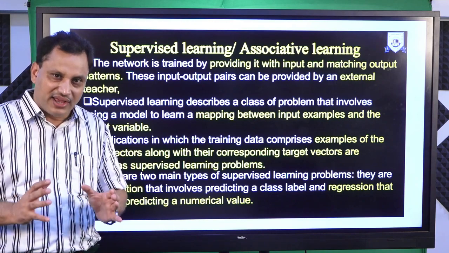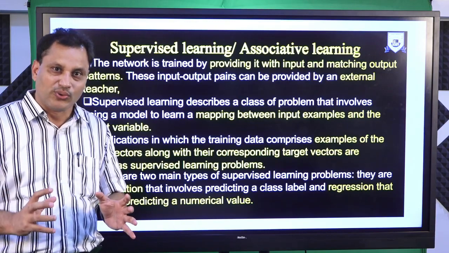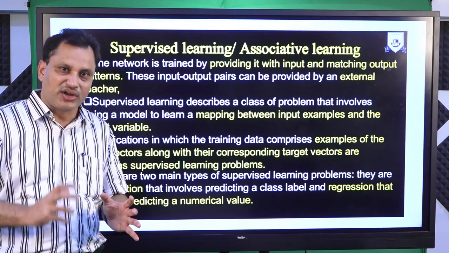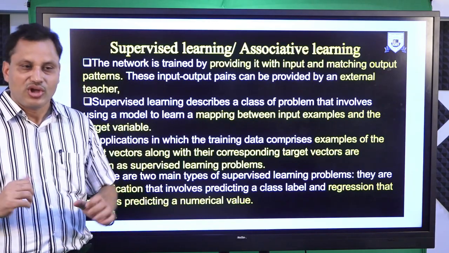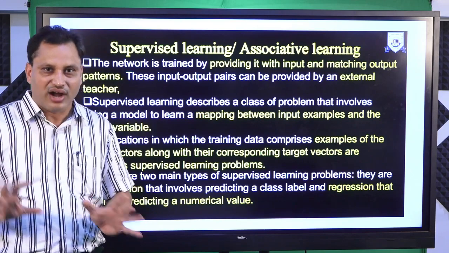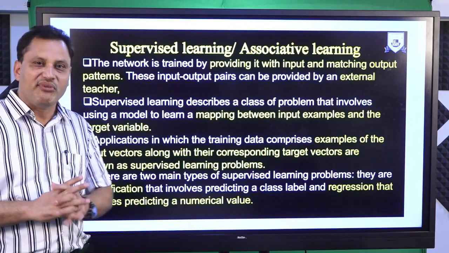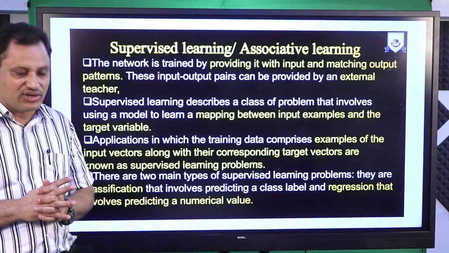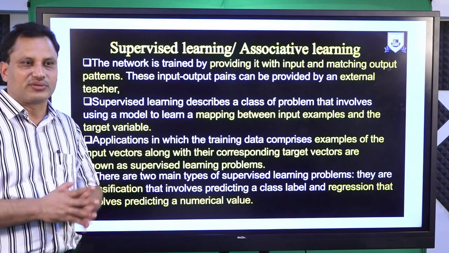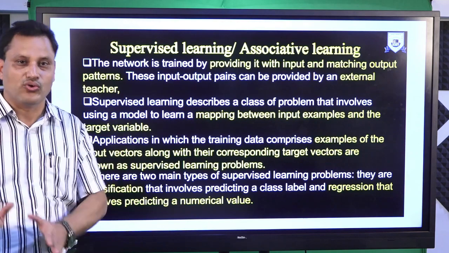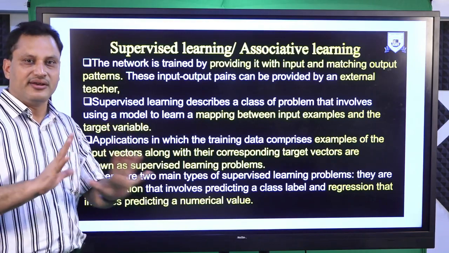The supervisor has the capability to analyze the input, and the supervisor also knows what kind of output is expected for a particular set of input. So the supervisor has prior knowledge of the output for a certain pattern. In supervised learning, a large training set is available, in which input patterns are there, and for a particular set of input patterns, the output is known. That training pattern is fed into the neural network.